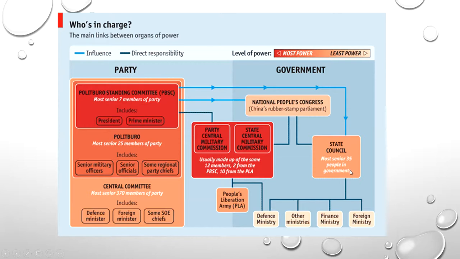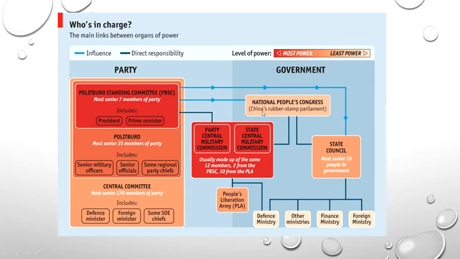So the most senior 35 people in the government. So here we have 7. There are some members of the Politburo who are also members of the State Council. By the way, the National People's Congress is the legislative of the government of China. So it's like a parliamentary system in the sense that